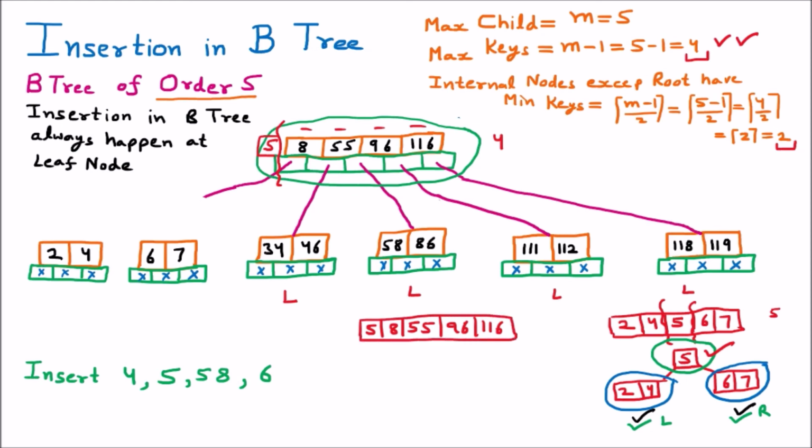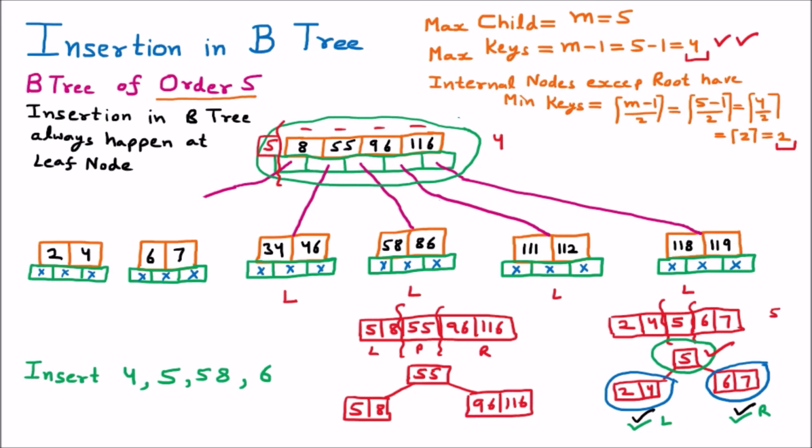Now afterward what we are doing, we are going to take the middle element. So we are going to break it. So this is where we are breaking. This will become left, this will become right, and the middle will become their parent. So 55 will be the parent, and afterward we are going to take out the further two levels. Now 5 and 8 will come on the left-hand side, and on the right-hand side 96 and 116 will come.